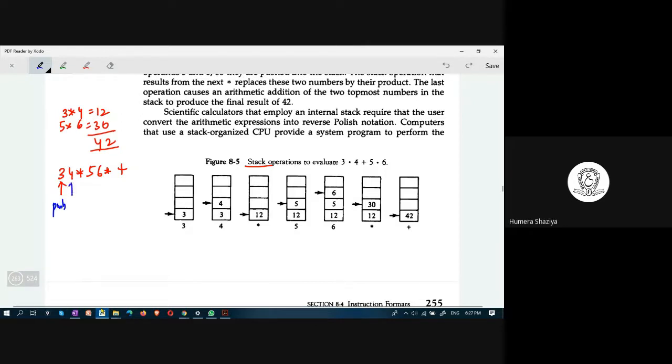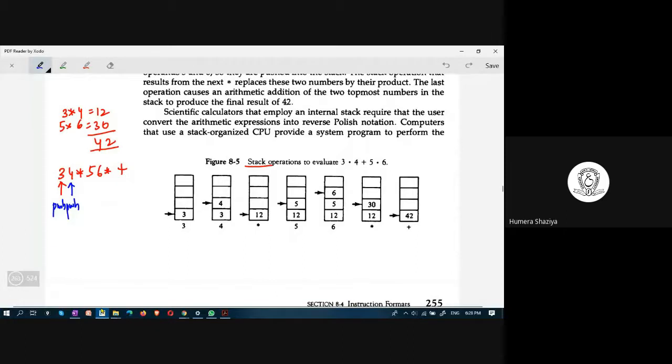What is 4? 4 is also an operand. So which operation? Multiplication, ma'am? No, push. Whenever the computer encounters any operand, it pushes that operand in the stack.